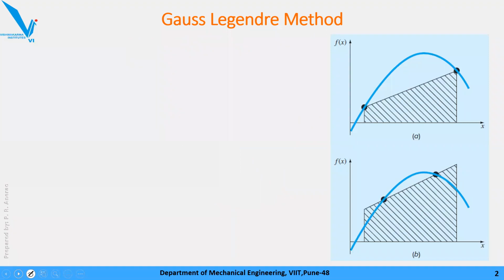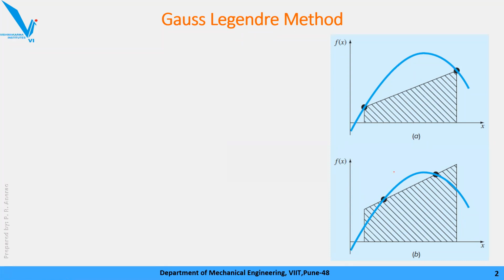Now, the difference between the earlier method and Gauss-Legendre's or Gauss quadrature method is that in the Newton-Cotes method, the strips have uniform thickness, but here in Gauss-Legendre's or Gauss quadrature method, we don't have that constraint. The strip size or strip thickness or segment thickness might be varying. Okay, so let's begin. Let's try to understand the motivation or the philosophy, how this Gauss-Legendre's method works. Okay, so I'll give you a glimpse using a graphical approach.